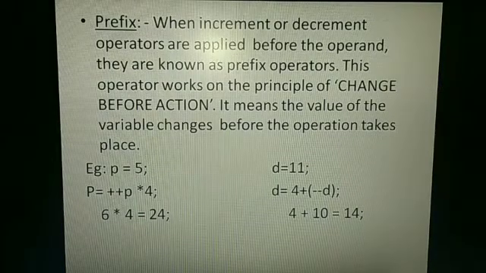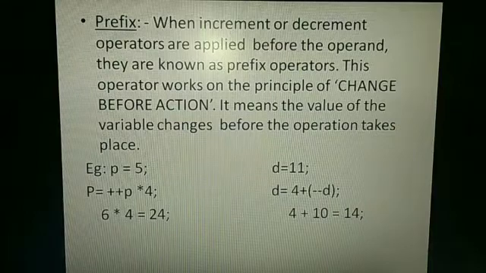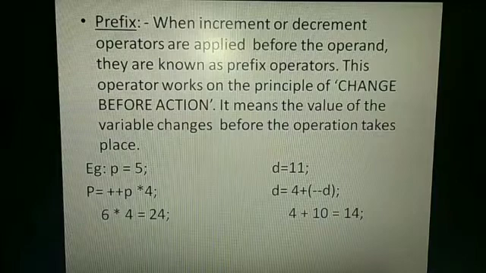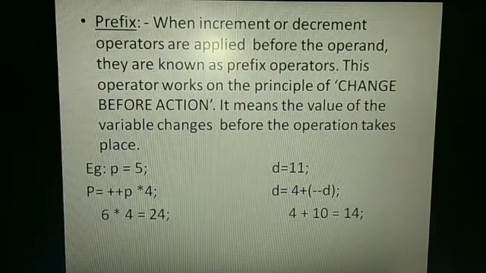This operator works on the principle of change before action. It means the value of the variable changes before the operation takes place.